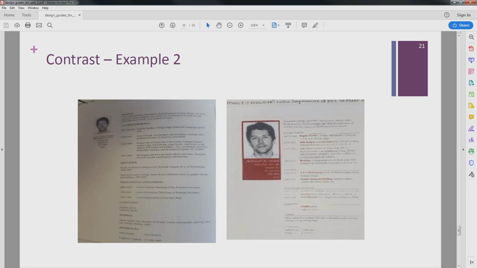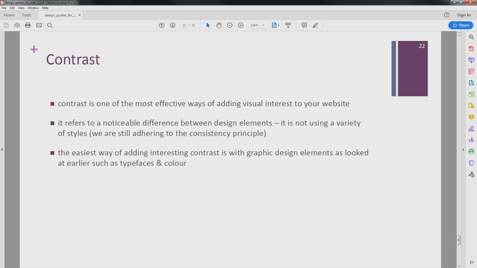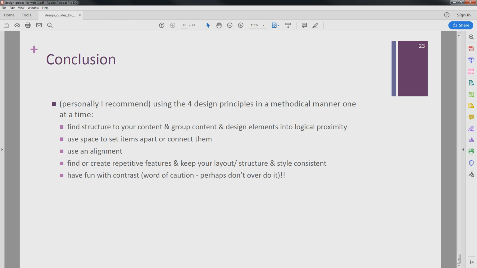So in terms of contrast, what I'm really saying is it adds visual interest to your website. It refers to a noticeable difference between your design elements, but it is not using a variety of styles. So you're adhering to one typeface, but you're modifying through your CSS. You're modifying maybe the weight, the size, different elements such as that. Contrast is the easiest way of adding interest to your website, but again, you're keeping everything consistent. So to summarize,